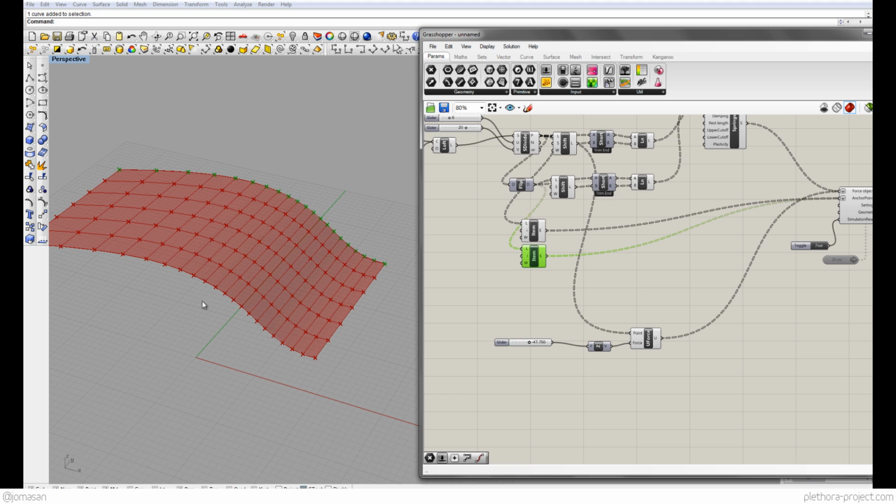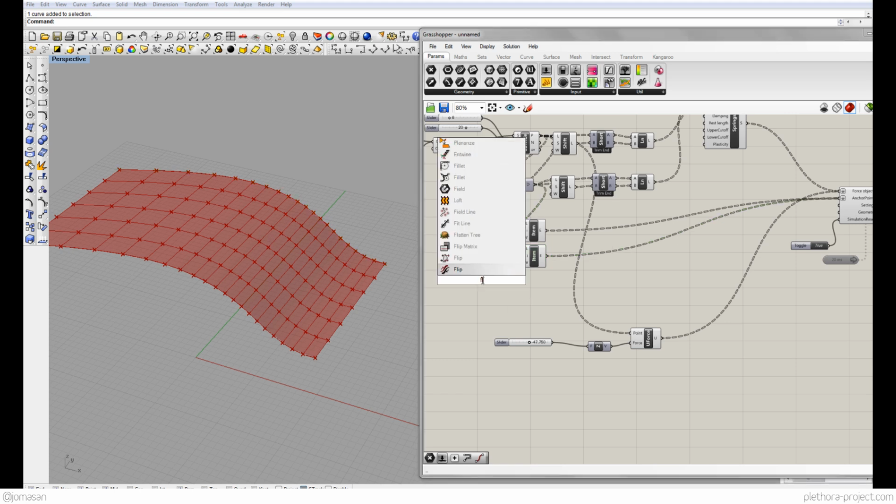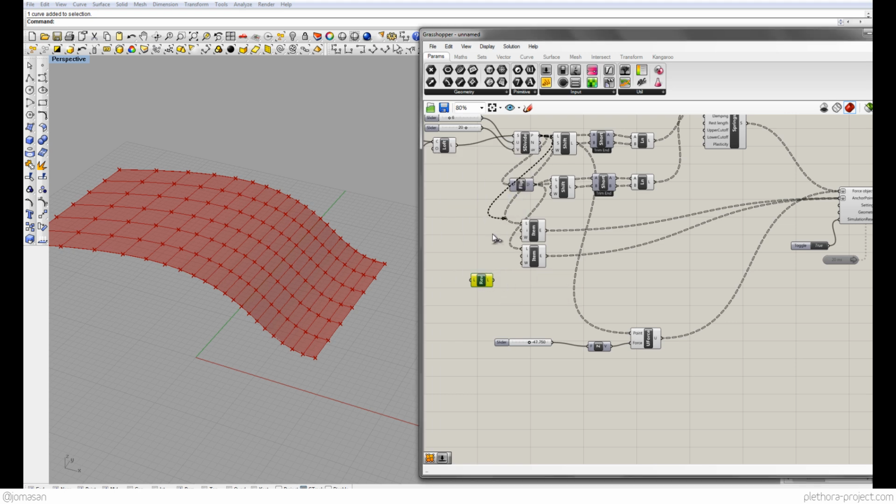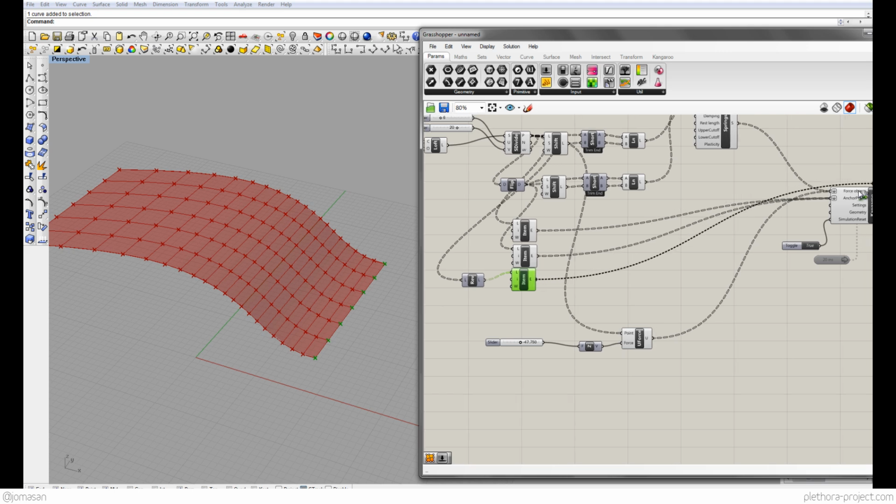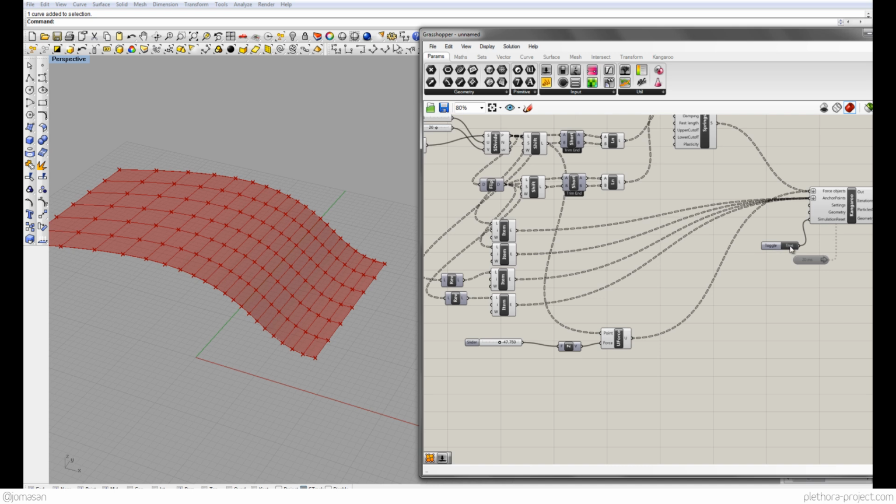Now I want to think of just the other two edges. So for that, I'm going to just basically reverse the list. So the list of points that I had, I reverse it, and I get the item as well. So that's kind of the opposite end, and I add that to anchor points, and then I'm gonna reverse the flipped list, so I get the other side. So I get this edge, the top one, and the one on the left, right? So I'm gonna just shift connect this one here as well. So I have, let's try it now,